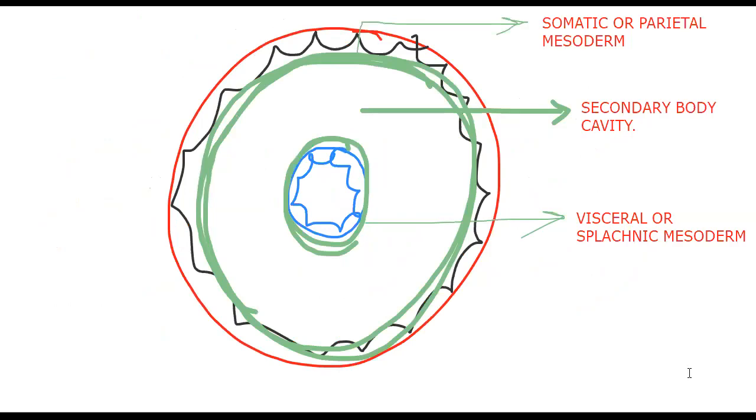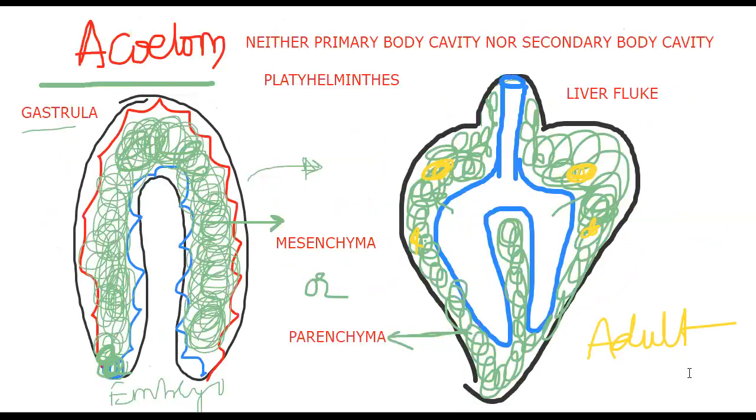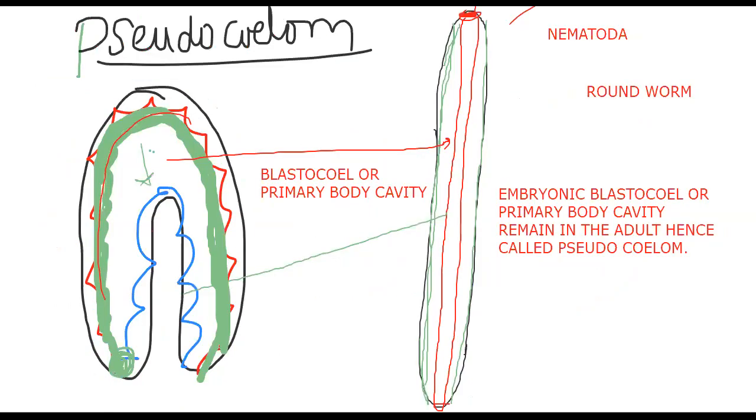So that means you can see it in terms of the mesoderm or in terms of the body cavity, but the mesoderm is the reason for this. If we ask a question in acoelom, why is there no cavity? Because the mesoderm fills the total space with mesenchymal tissue. Then in the case of pseudocoelom, why a primary body cavity? Because the mesoderm went only towards the ectoderm, leaving the embryonic body cavity into the adult.